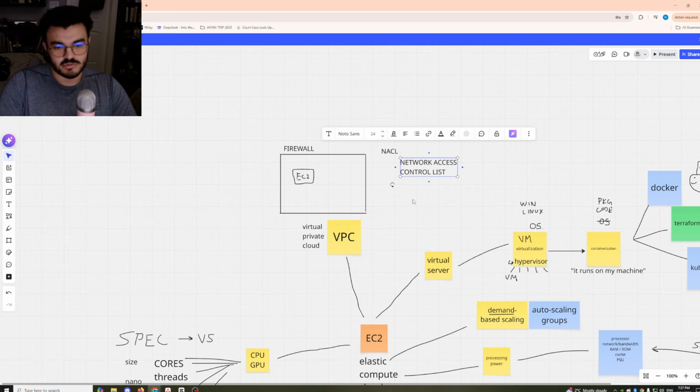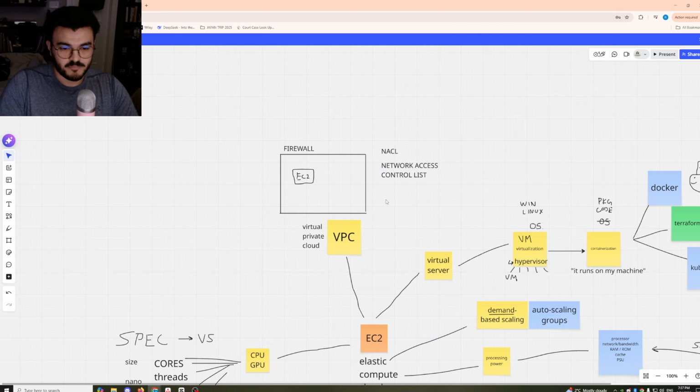I was gonna say rule, but I'm pretty sure it's list. This is basically an even smaller, or more specific, way of controlling instances. And specifically what they control is what is allowed to come in and what is allowed to go out.